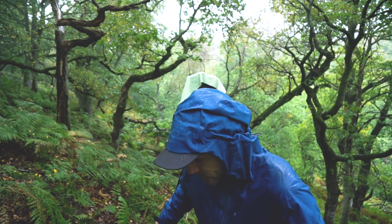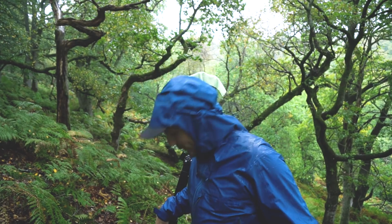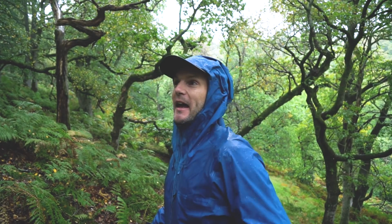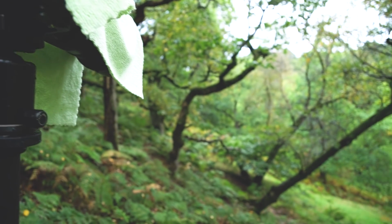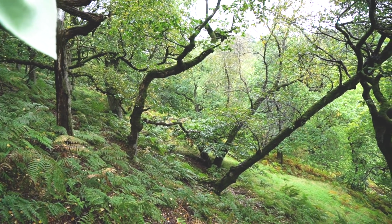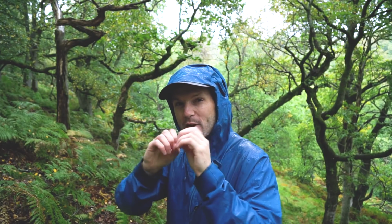It might not be perfect, it might not be the final image that I have visualized that I'm really aiming towards, but I think we can still get some quite pleasing images in this rain. So like I said, the rain, although very difficult to work in, and I'm slipping everywhere as well, does really nice things for colour. It works really well on these silver birch leaves and on the bracken, because we're in early autumn time now and everything's starting to turn. So I really want those nice natural, not really vibrant, but just nice natural early autumn colours